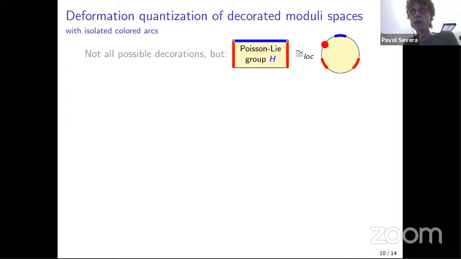Because you see, here just imagine you have some kind of holonomy in G, and then you have to reassign part of it to go to this red part, and the part going to the blue part. If you want to be sure that it can be done in a unique way, then there should be this unique decomposition. There are examples of Manin triples where it's not true, but in most standard examples, I think it is true. So in usual examples, it would be just equality here.